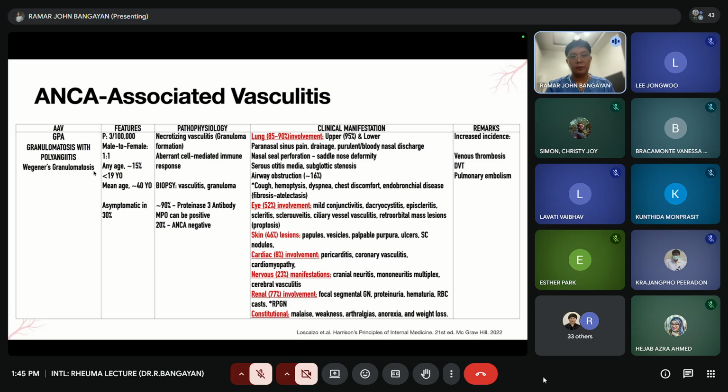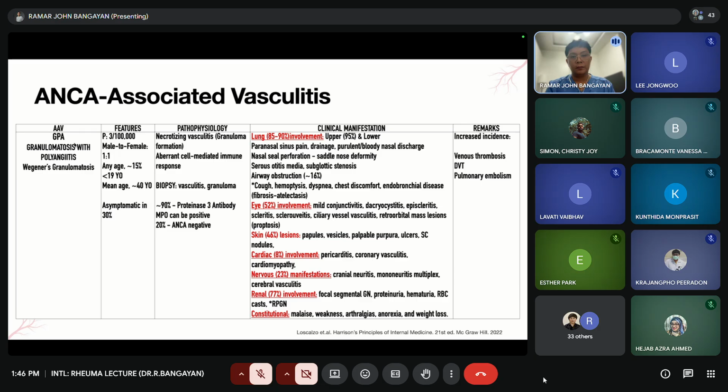I just wrote it here because most of the time, once you search for literature, Wegener's granulomatosis will come out. So Wegener's granulomatosis is popularly known now as your granulomatosis with polyangiitis, your GPA,